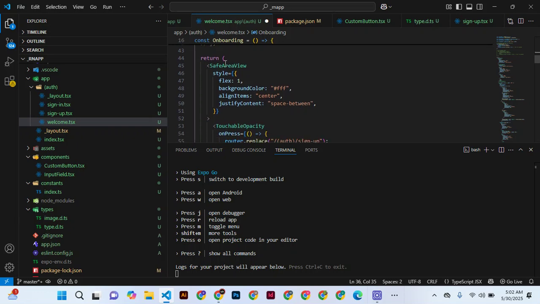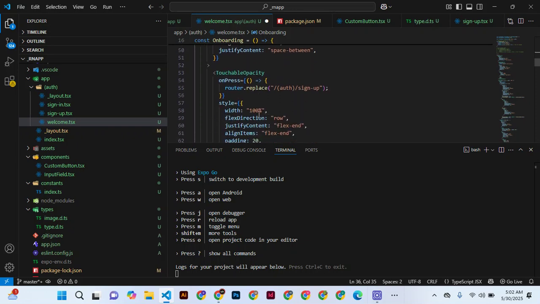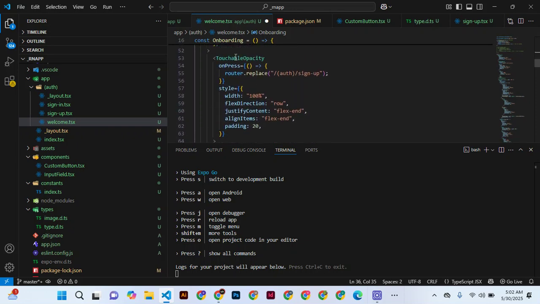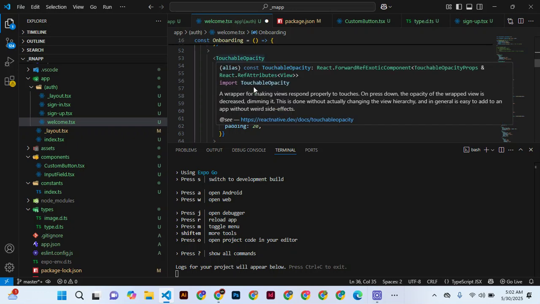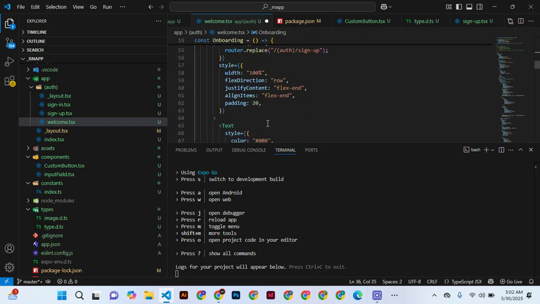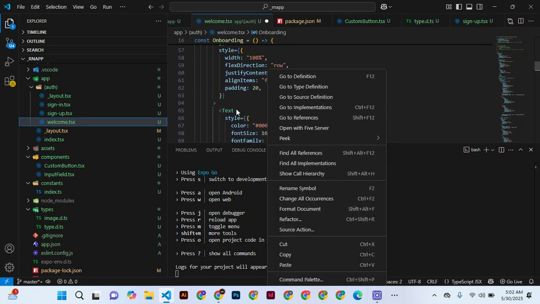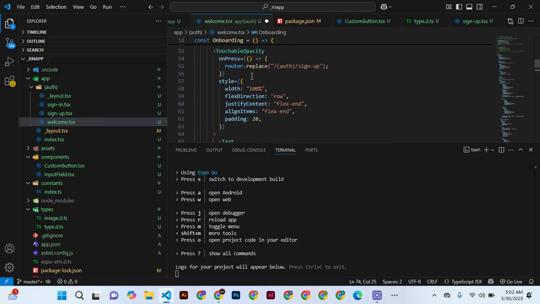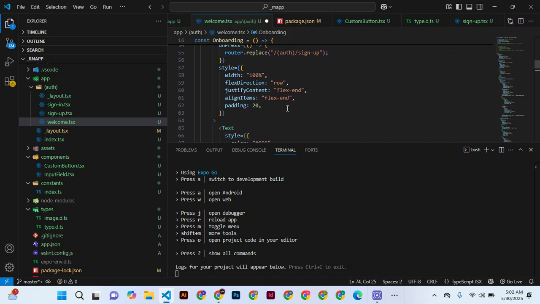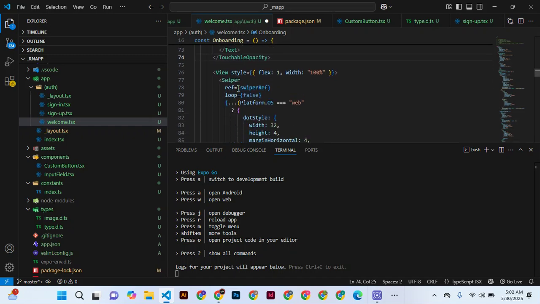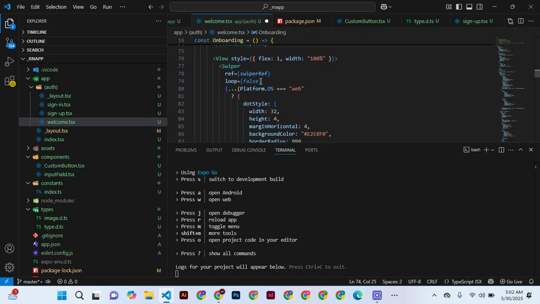Then we have safe area. This one you all know. This touch box. This means if you just click on this skip, where this skip, you just go direct to the sign up. When you press, you go to the sign up page, and this is the skip we are talking about. Then we have